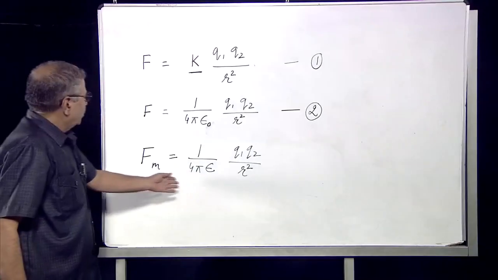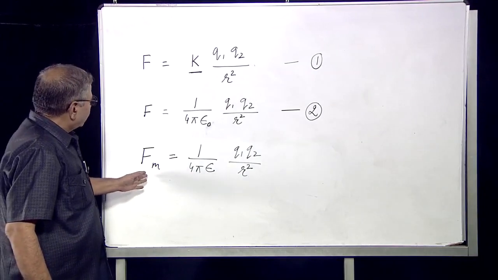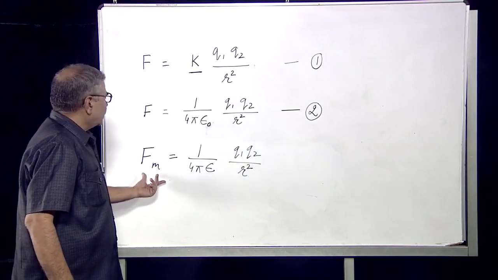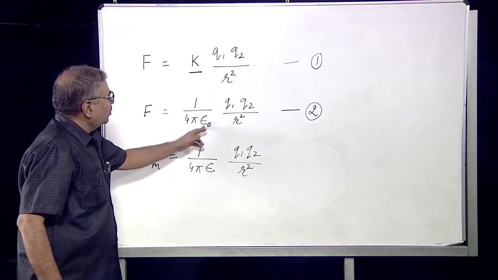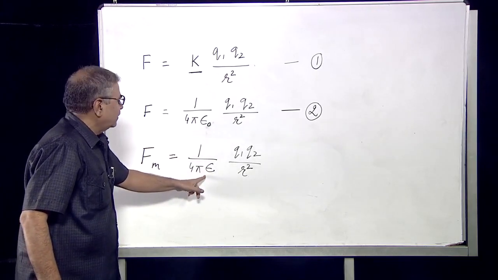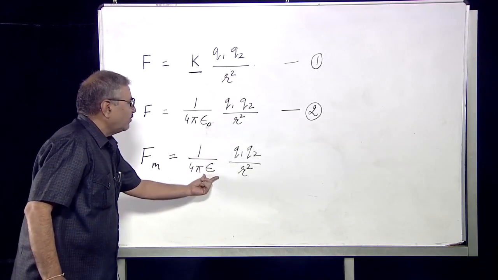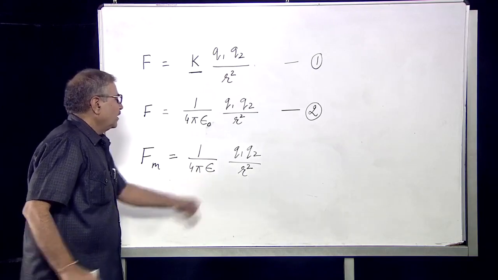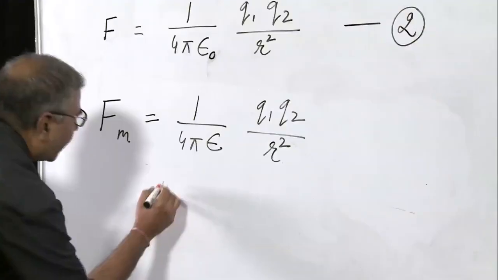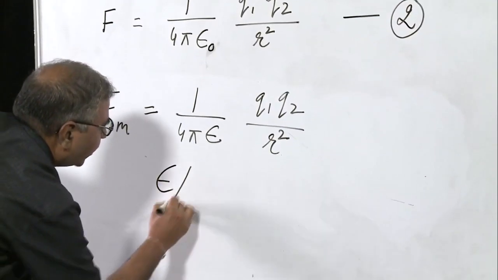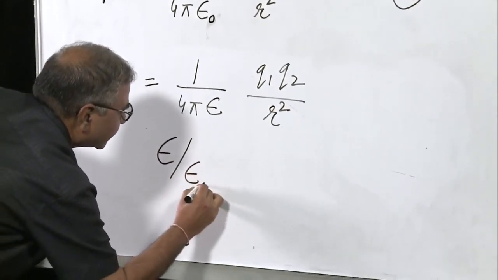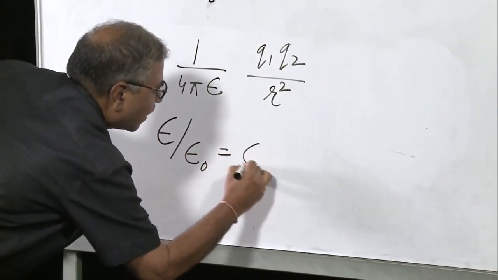So, you see, when we write the force between these two charges in a medium, epsilon naught is replaced by epsilon. Here epsilon is the permittivity of that medium,